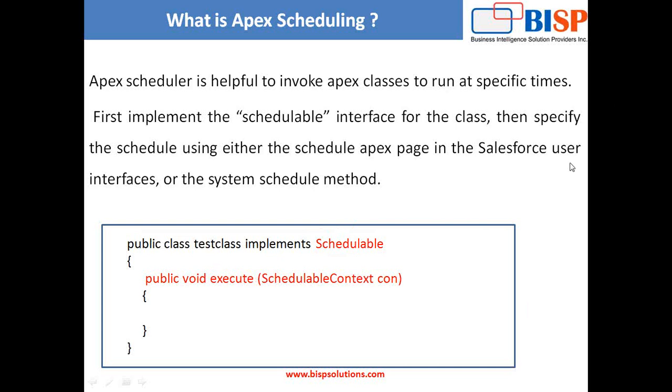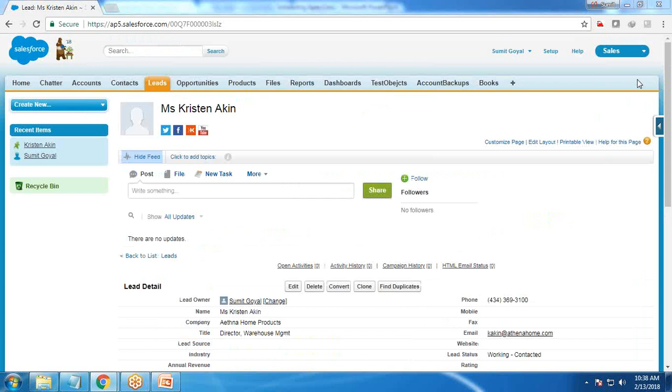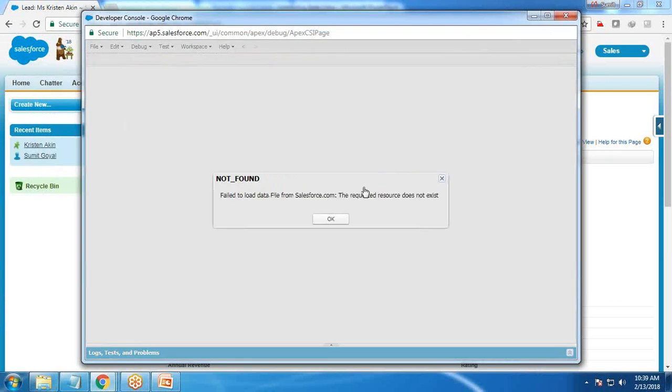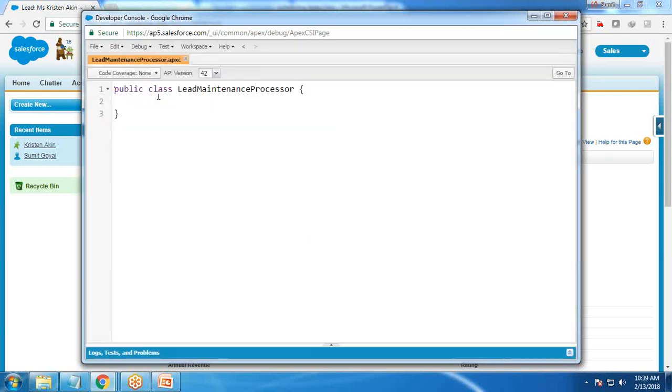As I've already told you, my requirement is to update the lead source only for those records whose lead source is not defined by the user. So I will start the developer console, and in the developer console, I'll create a new Apex class. I give this Apex class the name LeadMaintenanceProcessor. Because we are going to define this as a scheduler class, I'll make this a global class